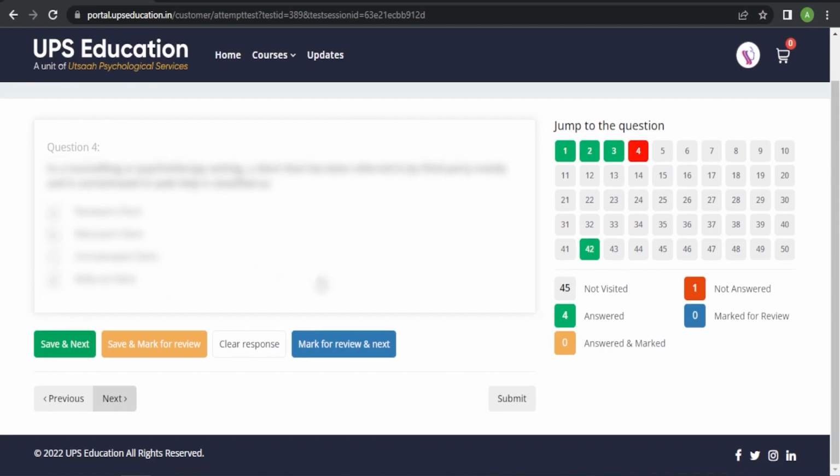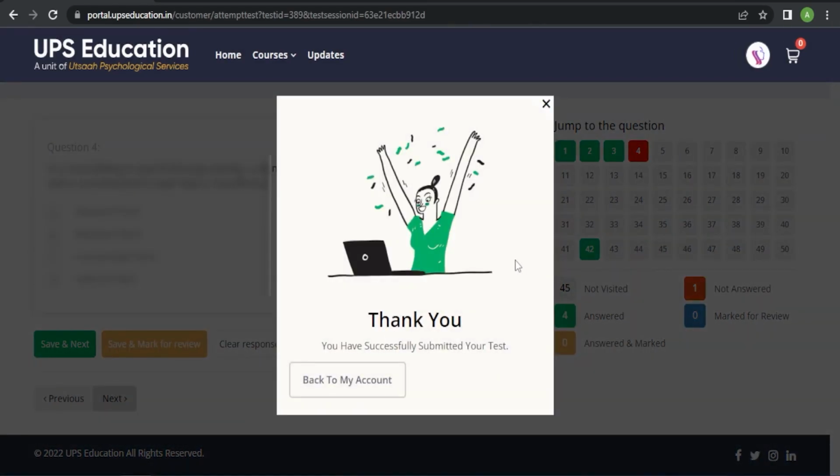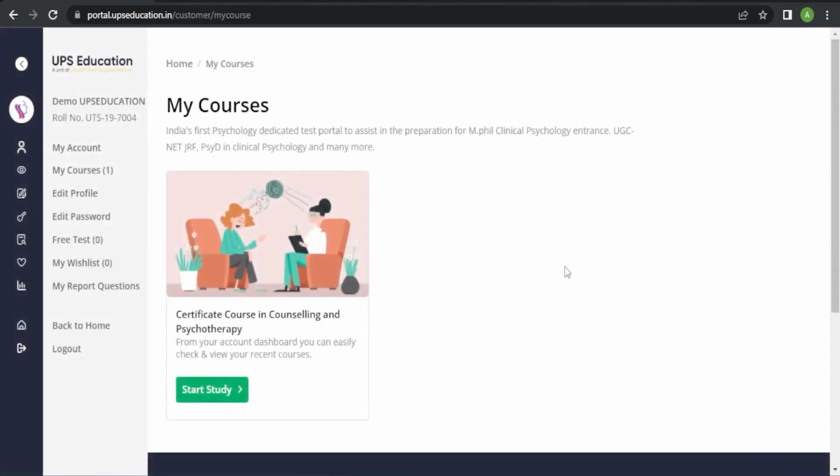After attempting all the questions, you need to click on the Submit button. But before clicking on the Submit button, please attempt all the questions. After taking the exam, you need to click on Back to My Account and you have to wait for your